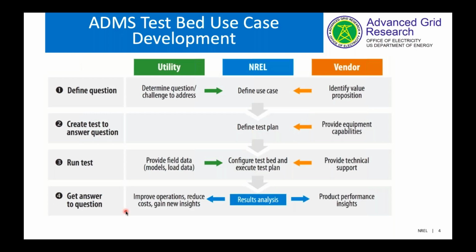And we provide results both ways. To the utility, we say, okay, this is the benefit you can get out of the specific application. Whereas we also go back to vendors and say, okay, there is a scope for improvement, or I think this does it this way for the specific application. We try to give feedback both ways. End of the day, it's a neutral environment to test applications, not biased in any direction, trying to understand what different ADMS applications can really do for a specific utility network going forward.